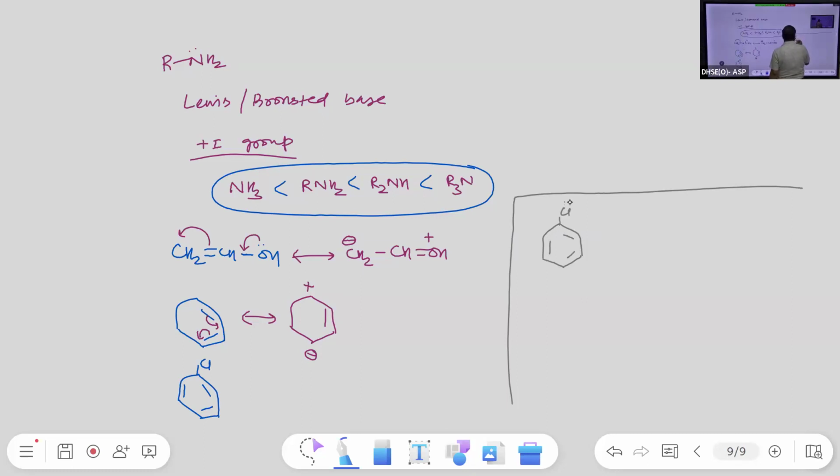So lone pair in conjugation with pi bond. Next,